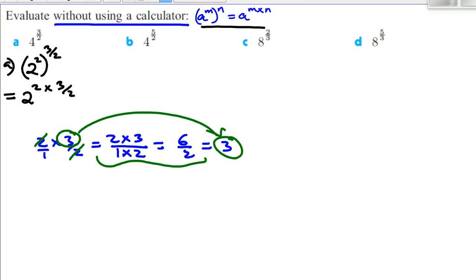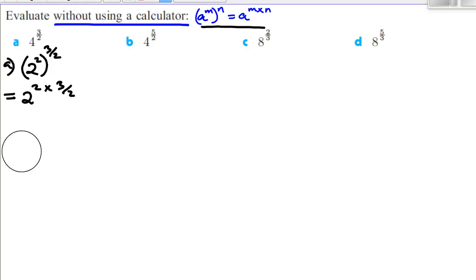So what I mean here is, we can just cancel this 2 and 2 on condition that there's a multiplication sign in between them. We can cancel them, so we'll end up with 2 to the power 3, because what's remaining there is only 3, and that will be our final answer. The next question,